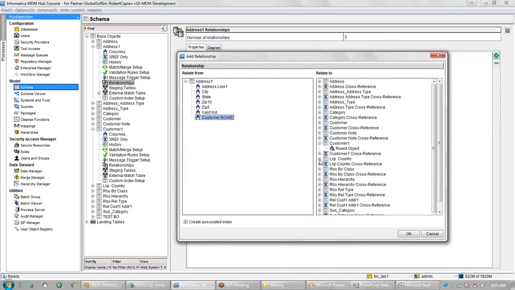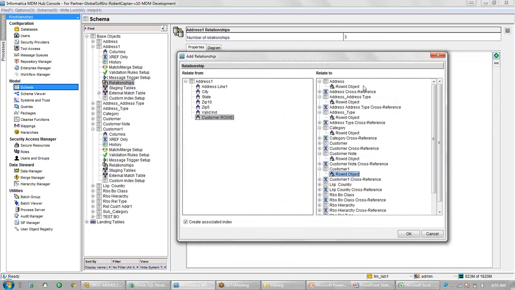So I will select that column on the left hand side and the row ID object on the right hand side. If I go and open any table, like customer, or any other table like category, subcategory, address type, I see only one column, which is row ID object. Only the unique columns will be visible here, and row ID object is by default a unique column. That is why for all the base objects we can see only row ID object.